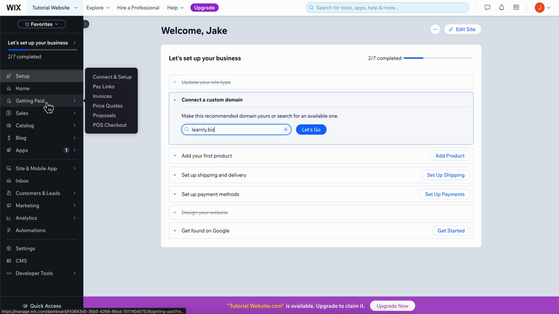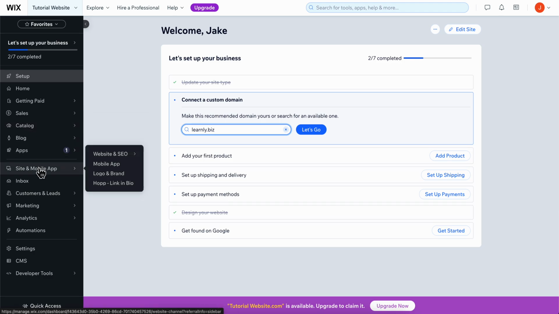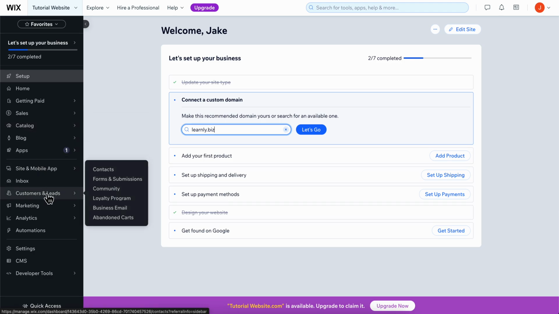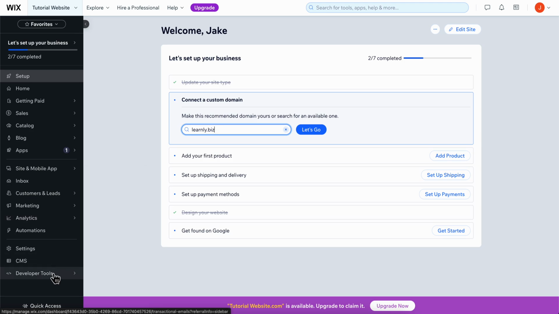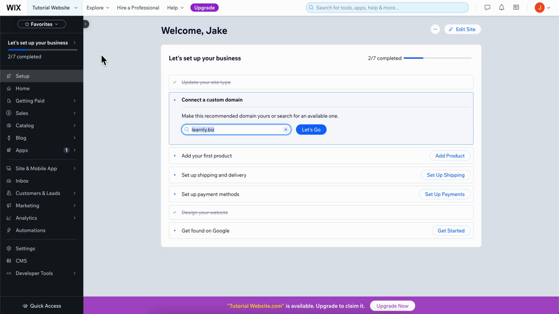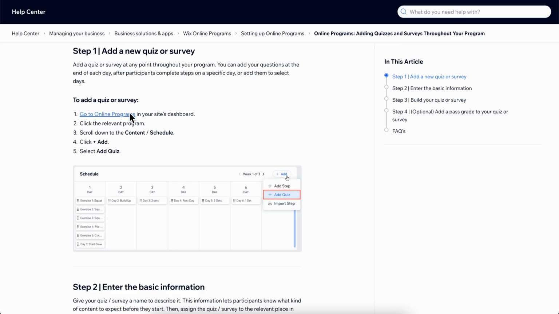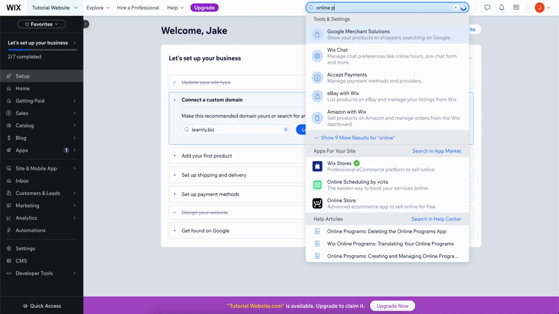So let's see what it is. Catalog, then we have here blog, app, site, and then we have here programs. As you can see, loyalty program, then we have marketing, analytics, and we're gonna have to simply go to, let's see, so we're gonna have to go to our site dashboard, and then here we're gonna have to look for online programs. So let's type in online programs, and then what you're gonna have to do next,